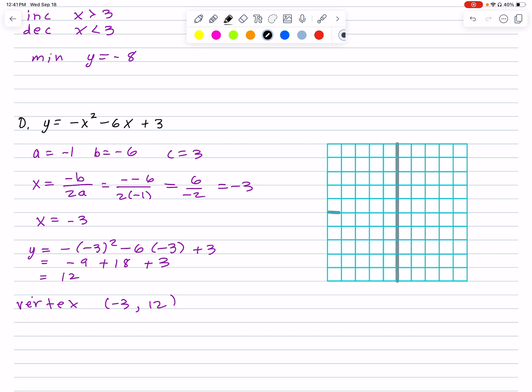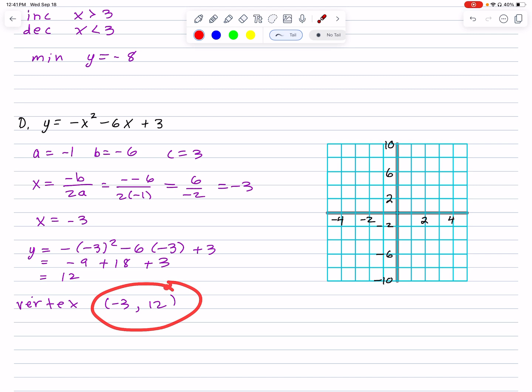But what I'm going to do is I'm going to go by twos for the y's. So in other words, this is 2, this is 4, this is 6, this is 8, this is 10. Okay, so -2, -6, -10. My x's, I'm going to continue going by ones. Okay, don't get confused. I'm doing this because of the scale of this graph, because this is down at -3, 12,